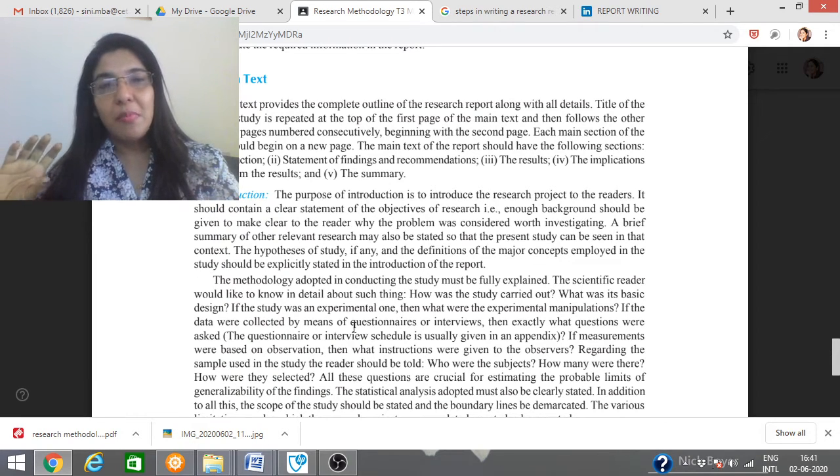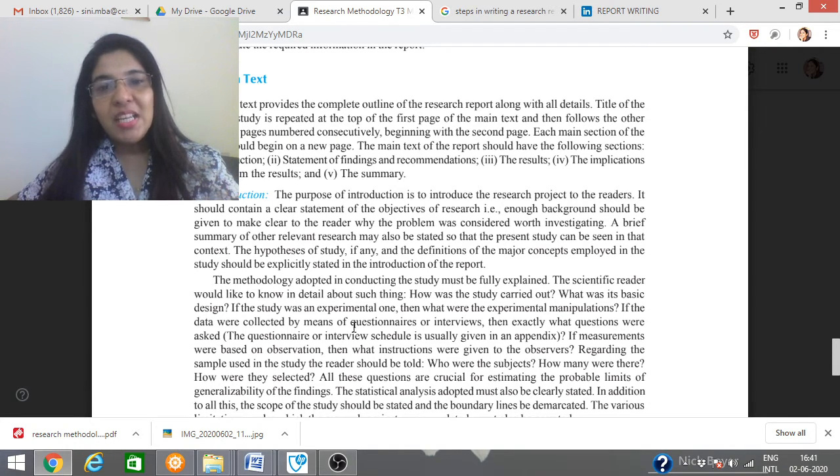So it is the complete outline of what the researcher has done. The title is again repeated at the top of the first page, followed by details on page numbers consequently. Then each main section of the report will begin on a new page. There will be subsections, etc.